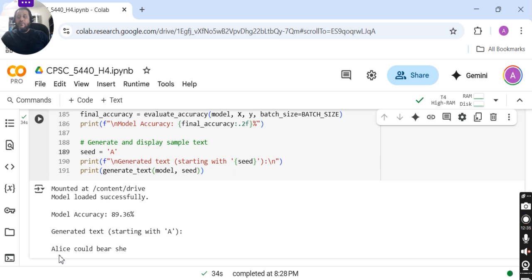It came up with this sentence: "Alice could bear sheep", and it has started with the letter A, and the whole sentence is meaningful. I mean, it has meaningful words. There are cases when not all the words are meaningful. So let's do one more example. I'm going to start with M. Let me rerun this program.